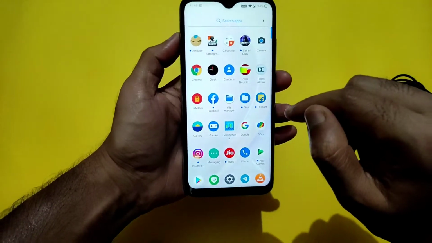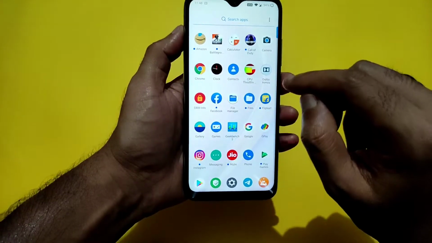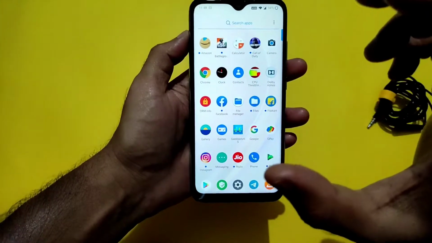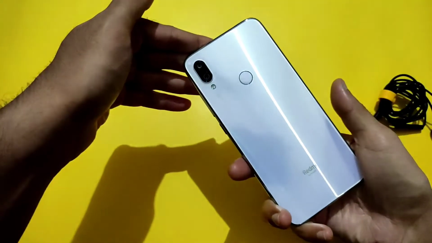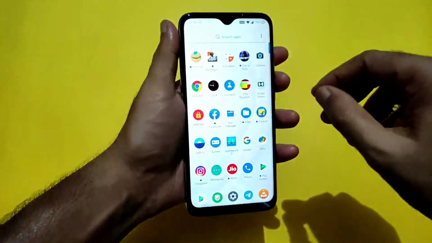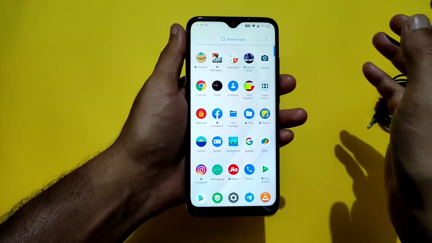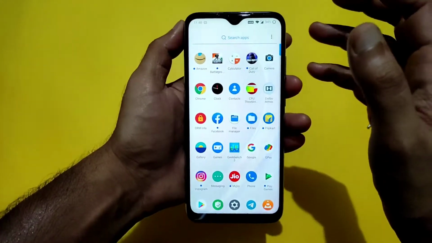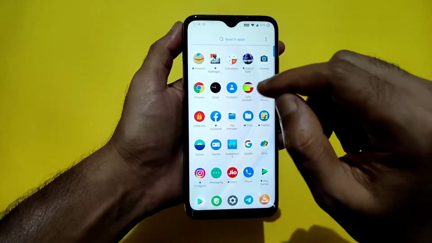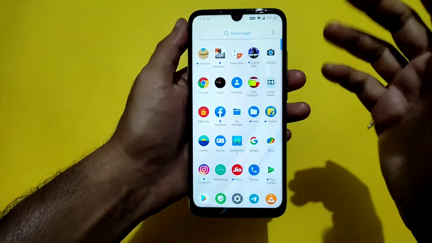And this is how the Oxygen OS 10 based on Android 10, OnePlus 7T ported ROM for this Redmi Note 7 Pro. It's really good. You can definitely try it out. Those who care about performance as the main criteria, then only you can try this ROM. It's really good. And let me show you the BGMI